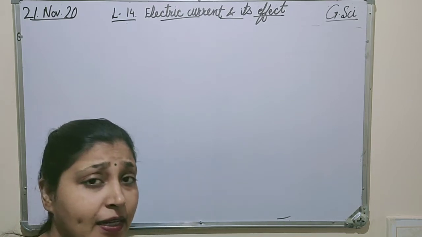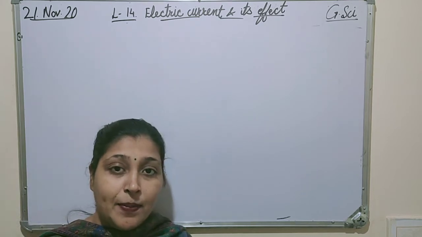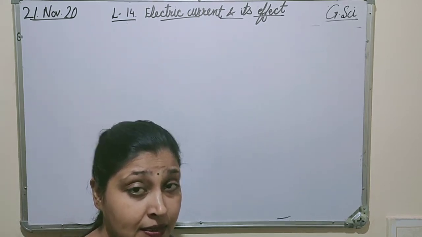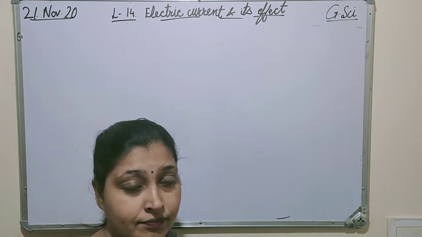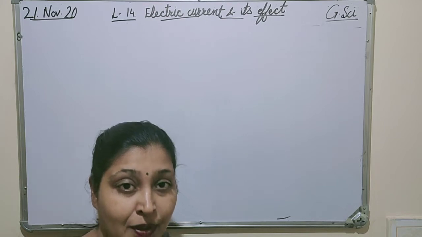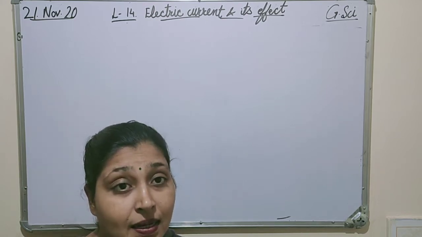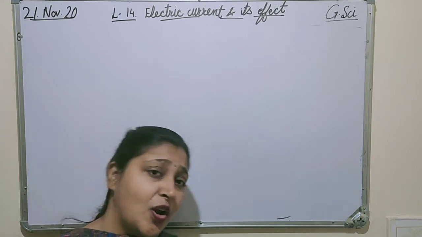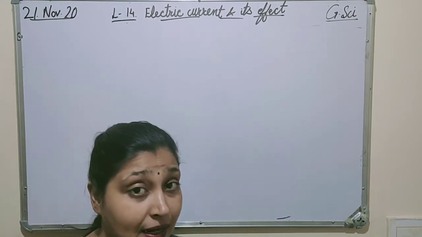Can you tell me why the bulb will not glow even if it is attached in a circuit? What may be the reasons? The tungsten may have broken down, or your circuit is incomplete. You have to check it thoroughly. We all had already done this in the 6th class also.